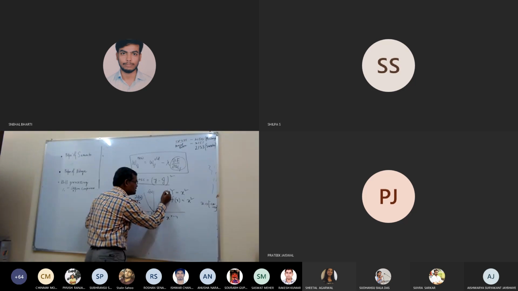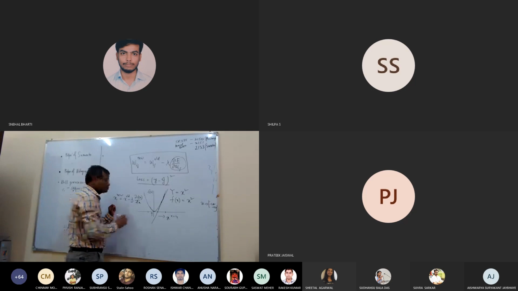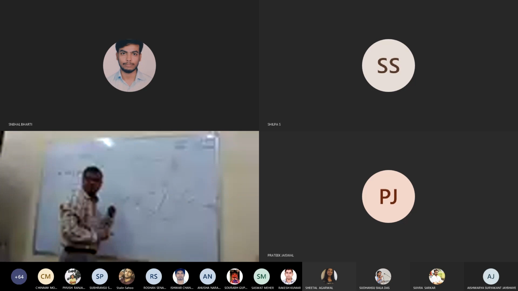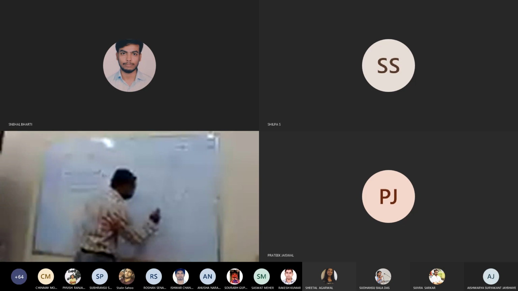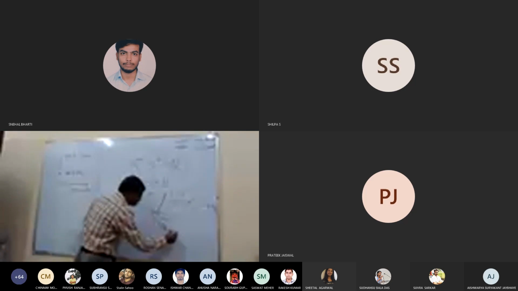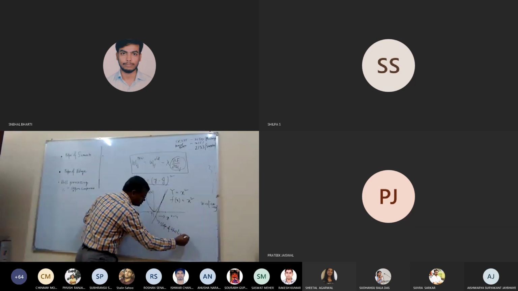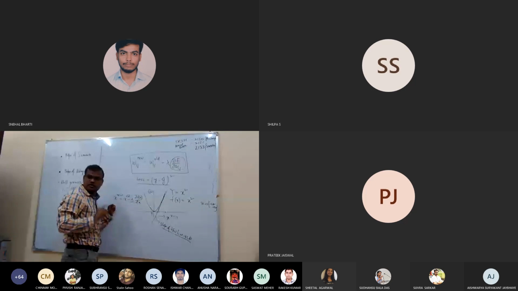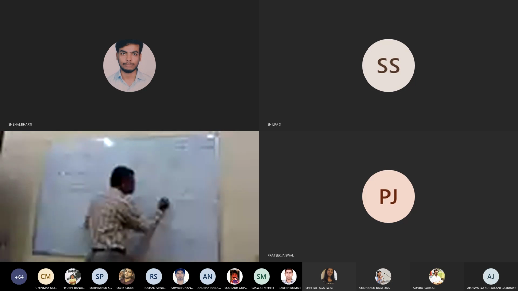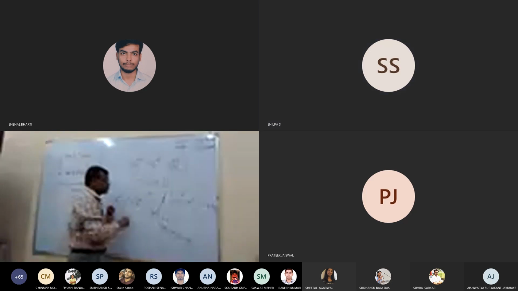Now this tangent is nothing but a line. If you see this line, what will be the slope of this line? The slope of this line will be positive, right? Now, if it is a positive slope, then what do we have to do? We have to attain this point, so we have to decrease the value of x. Therefore, whatever the right now position, we have to come down.